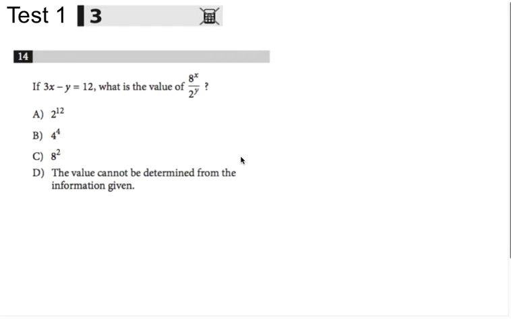All right, this is SAT Prep. We're doing test 1, section 3, and this is number 14. If 3x minus y equals 12, what is the value of 8 to the x over 2 to the y? Okay, so